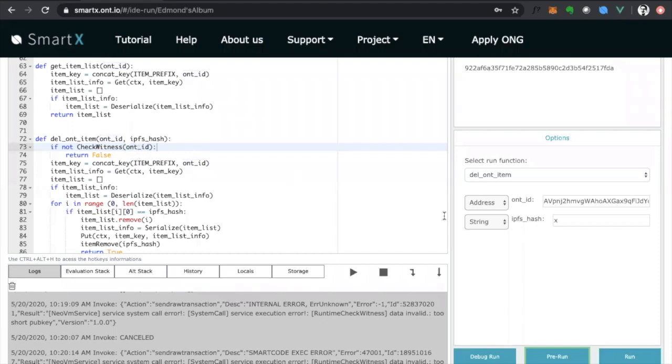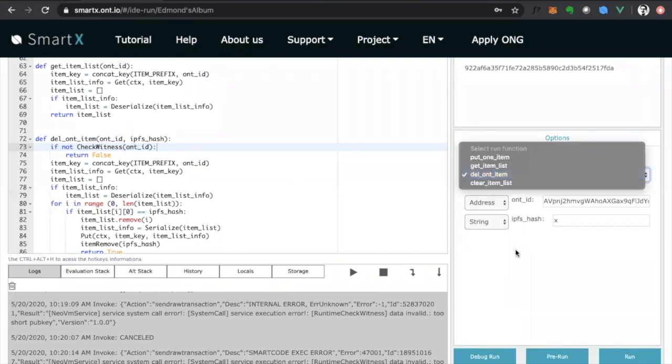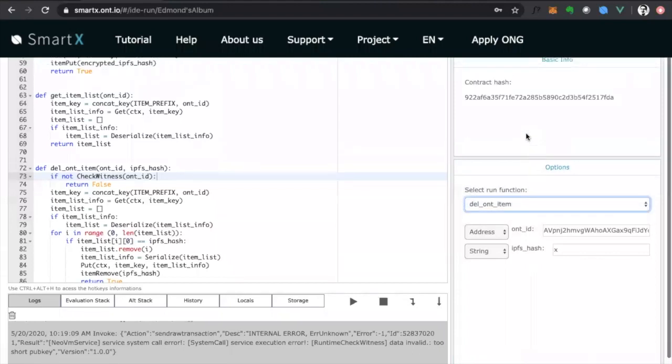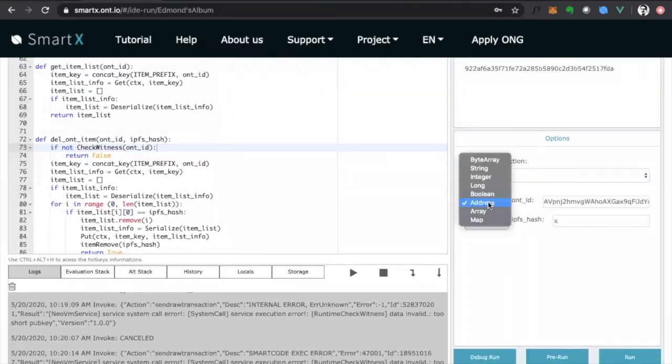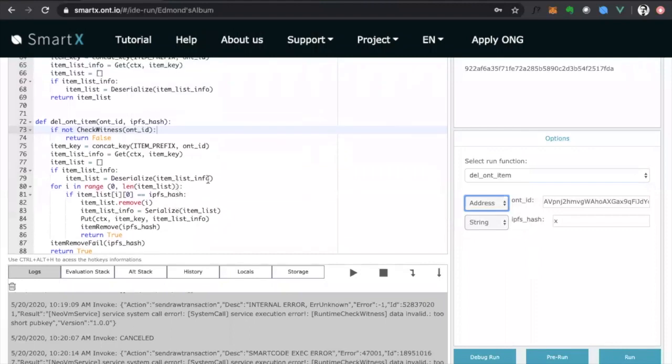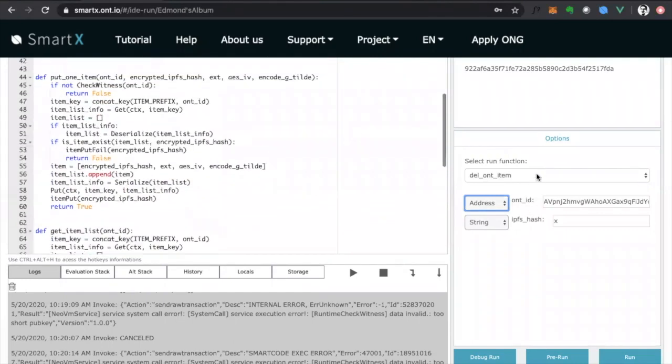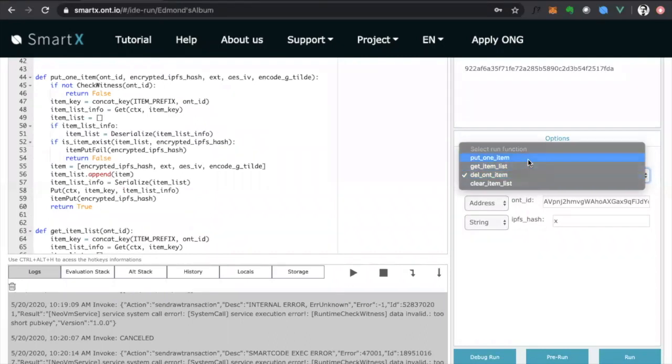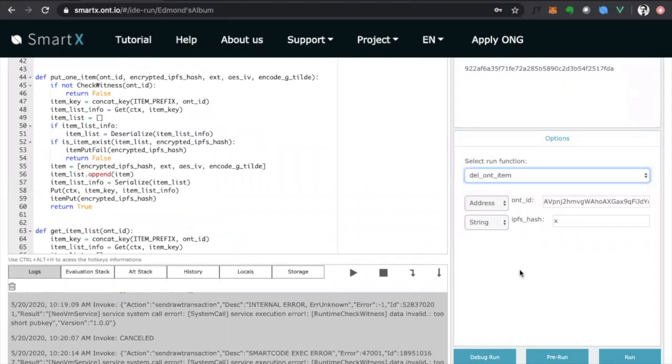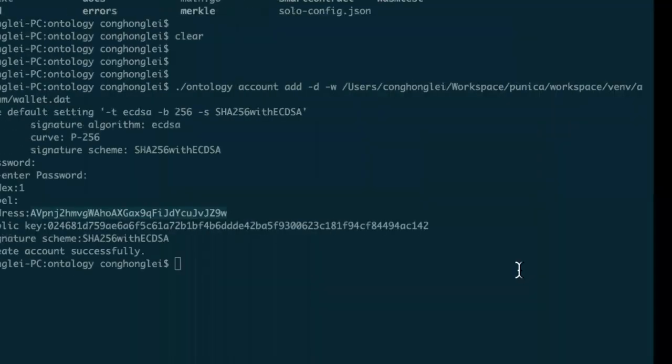Maybe the address. So anyway, there is one. There's something wrong with the smart contract, maybe, but you can debug it later. For the smart contract development, you should make sure to test all your functions before you finish your smart contract development. Then after the smart contract development, the next step is